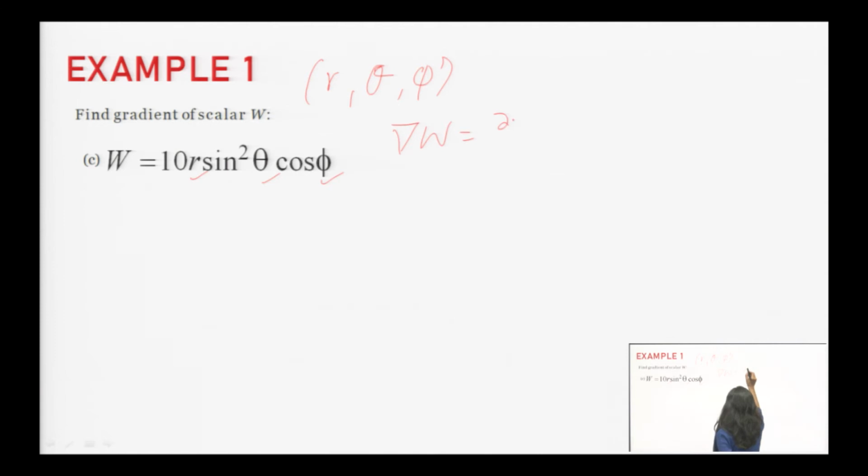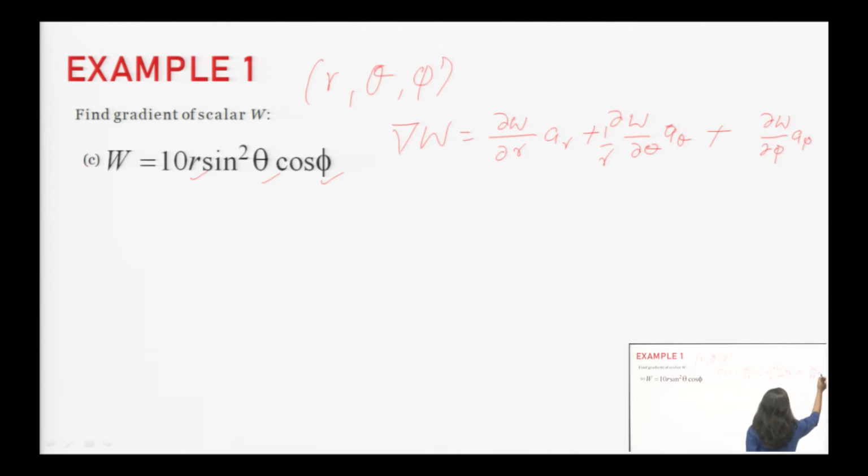dw by dr ar plus dw by d theta a theta. Here, as theta is an angle, we need to multiply by a factor, that is 1 by r, again plus dw by d phi